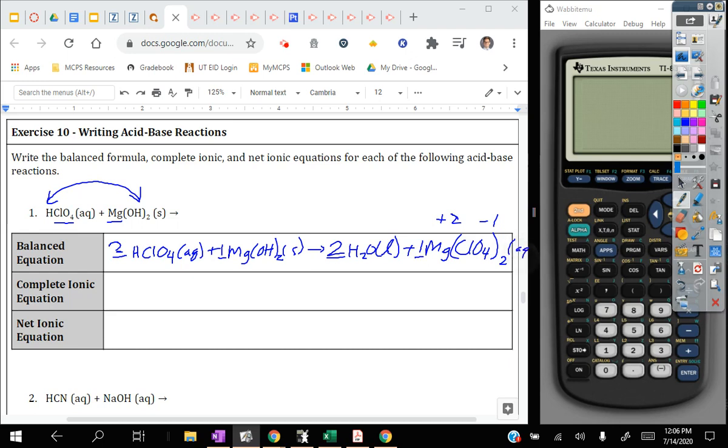And I should mention that salts are going to be aqueous in an acid and base reaction, at least as far as we know. So in this particular equation, when things split up, we have a strong acid, strong base. So we end up with 2 moles of H+, which is aqueous,